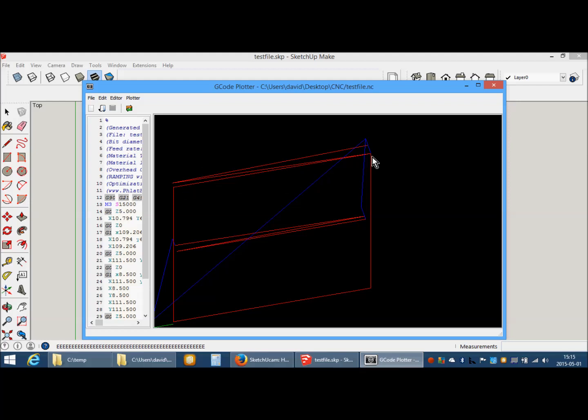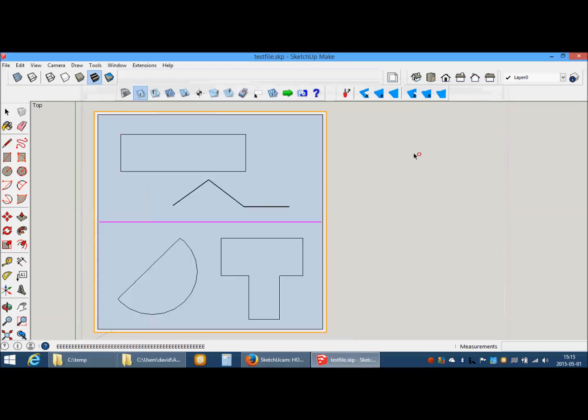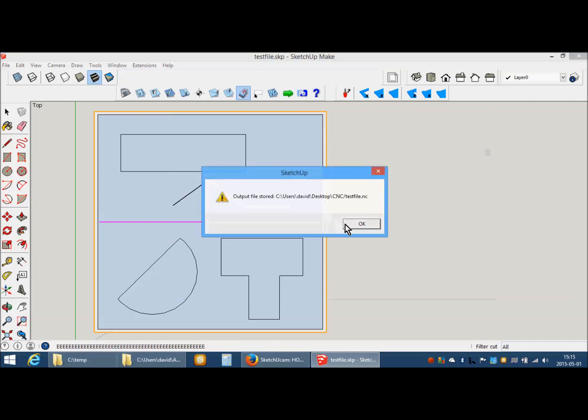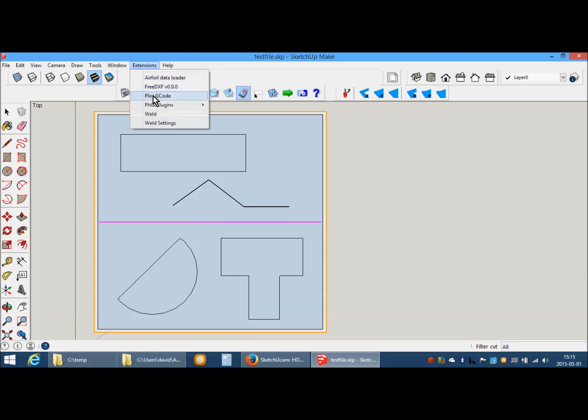If you have a situation where you have a rather long segment, which is the first segment to be cut, because the slower plunge feed rate is used for that, you might want to shorten that segment. The way to do that is quite simple. You select tabs, you place an ordinary tab on the line, and then remove it, regenerate G code,